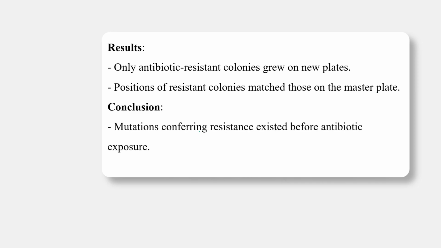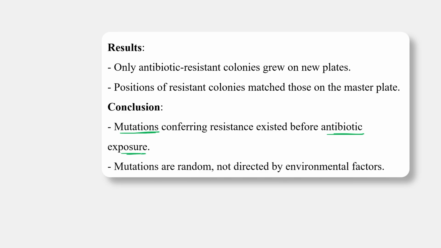And what was the conclusion? That mutation conferring resistance exists before antibiotic exposure. Means the mutation is already there. Those particular colonies already have the ampicillin resistant gene in them. Okay, so this was the conclusion that mutations are random and are not directed by any environmental factor. Means because of the presence of antibiotic,